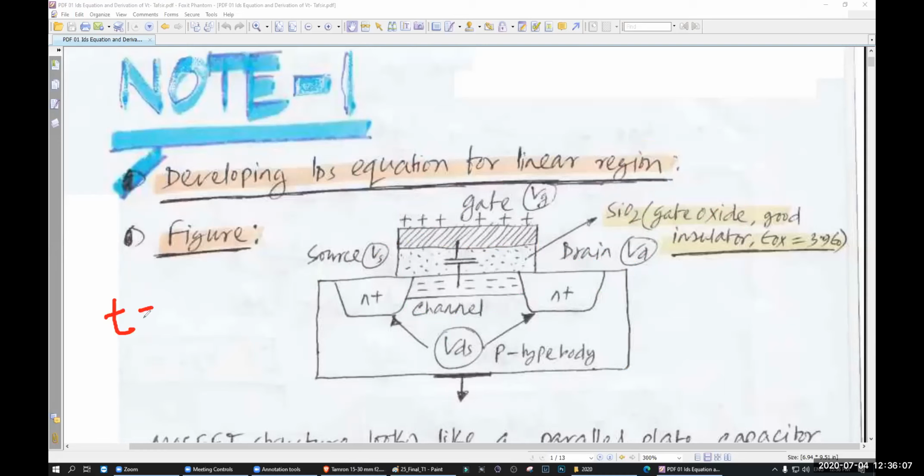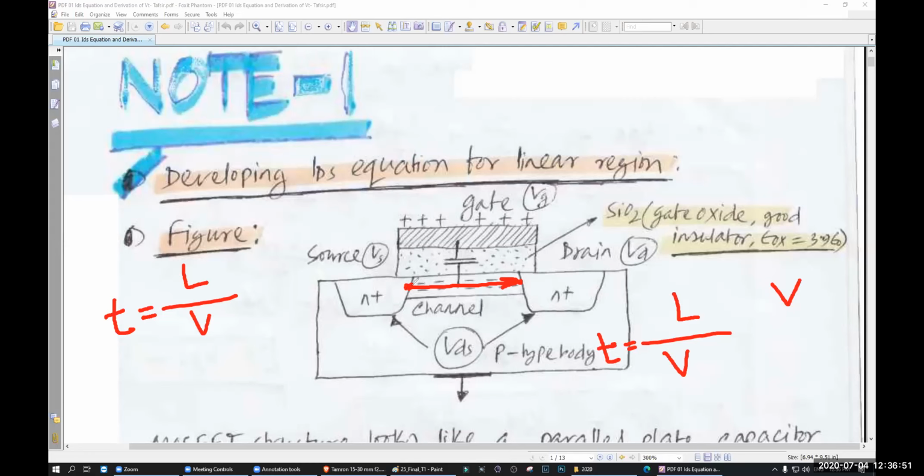Time is equal to L by V. What is L? L is the distance from this point to this point. What is V? V is the velocity. Let's say this is a road and one car is here. How much time is required for this car to go from here to here? You need to know the length of the road and the velocity of the car. If you divide length by velocity, you can find the time, right?